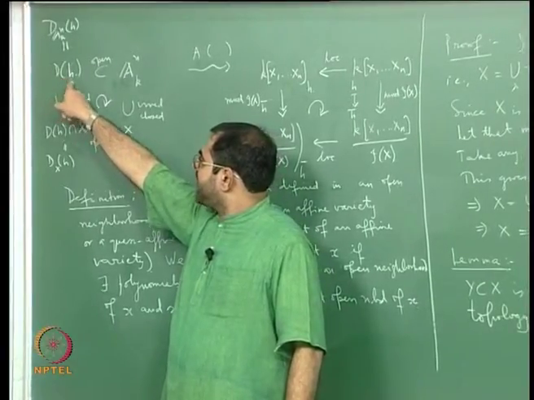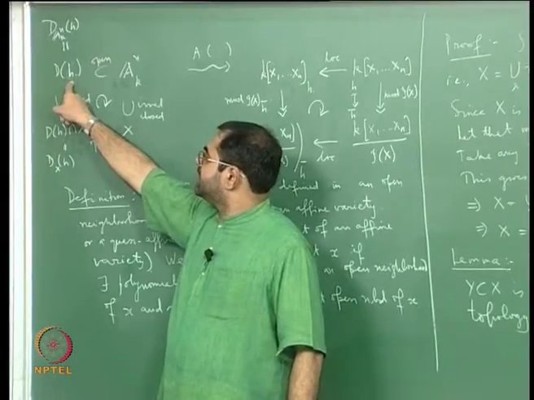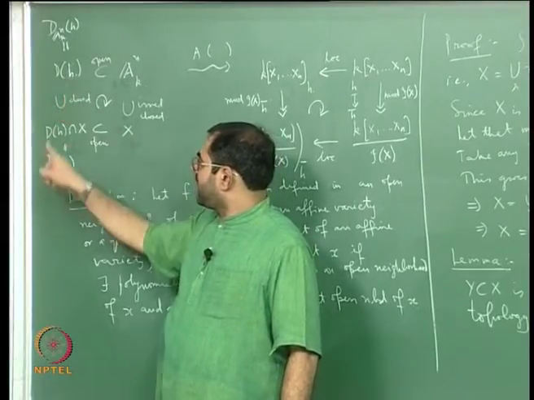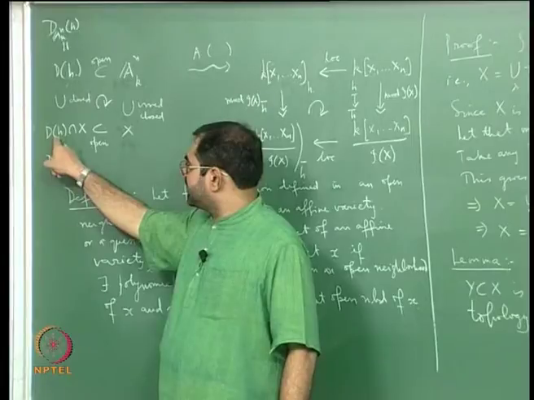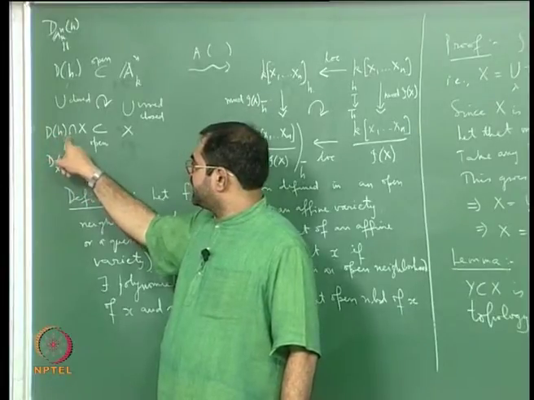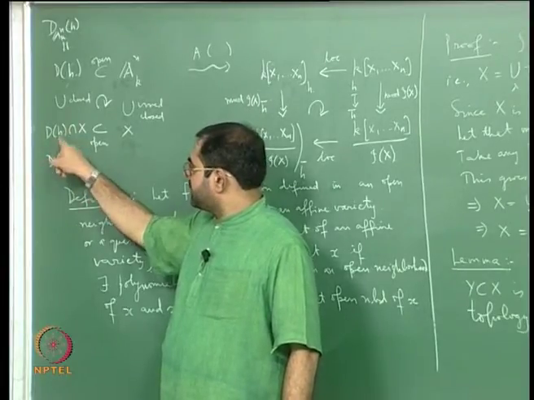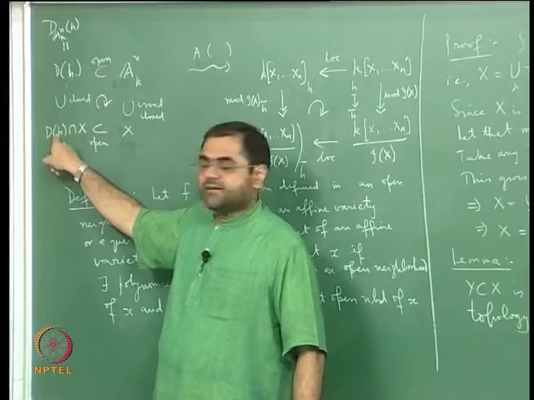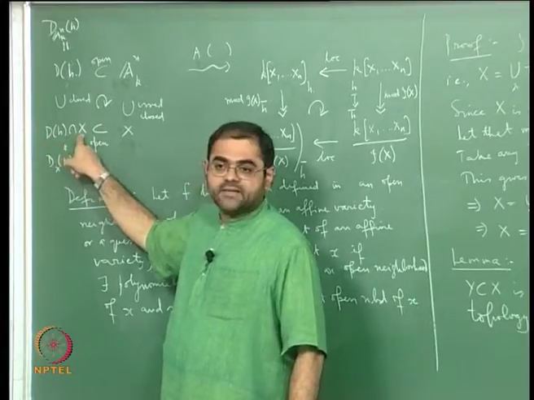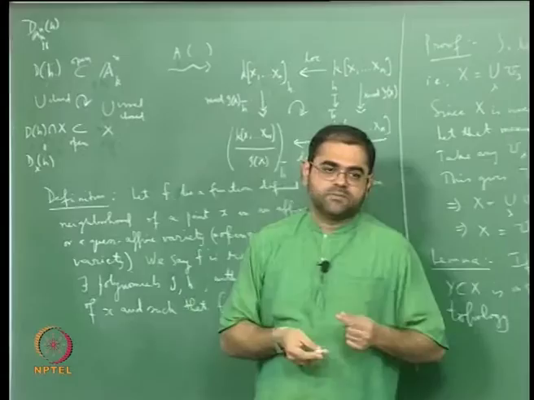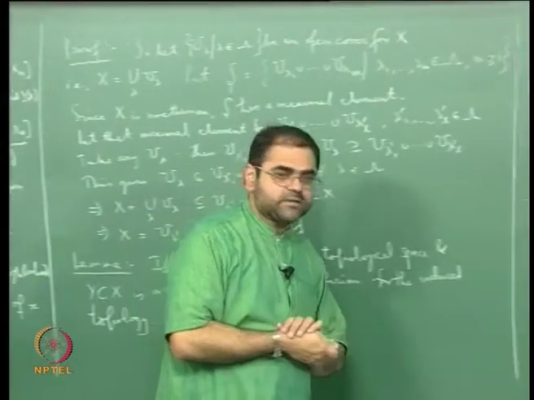And the fact is that you'll just have to find a polynomial h such that D_h intersection X, capital X, contains small x, which is possible basically because any